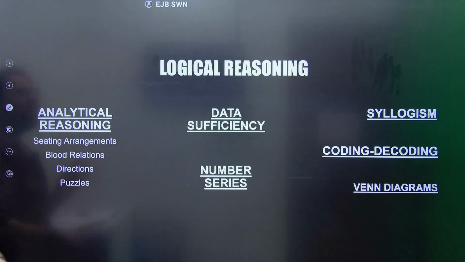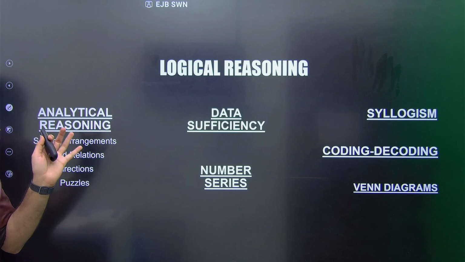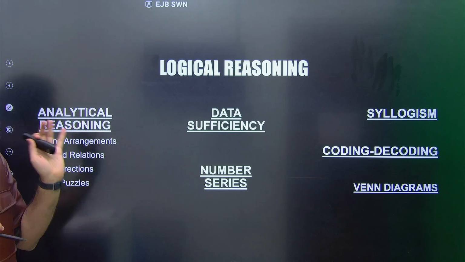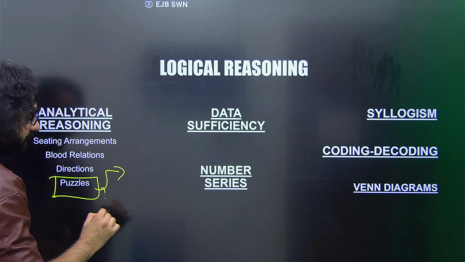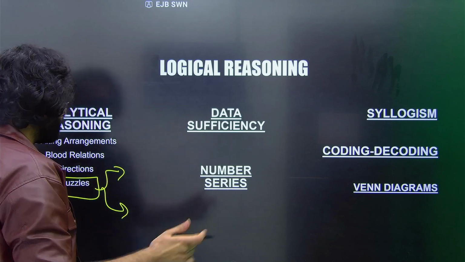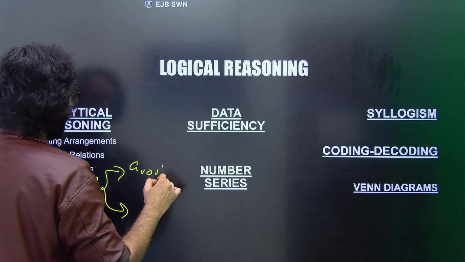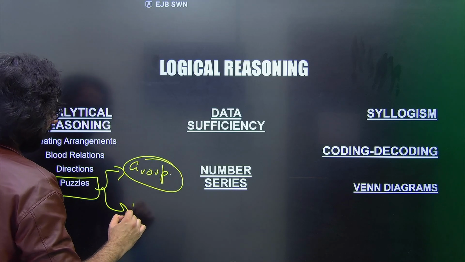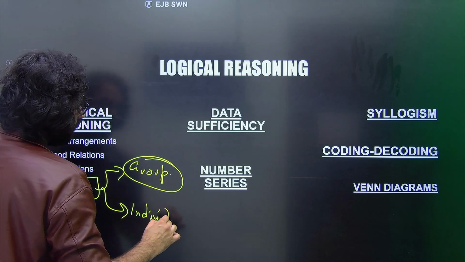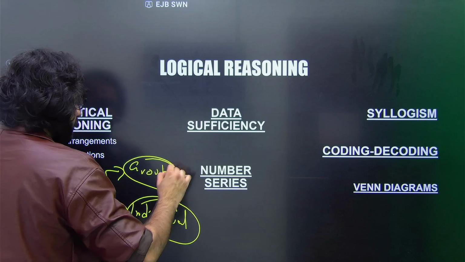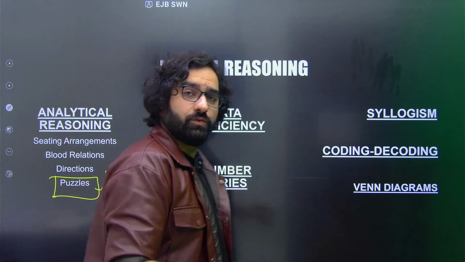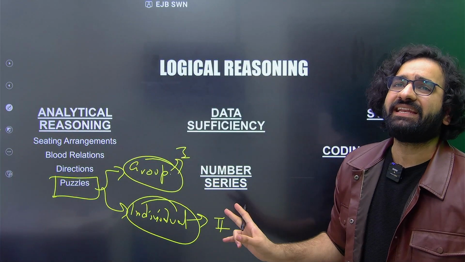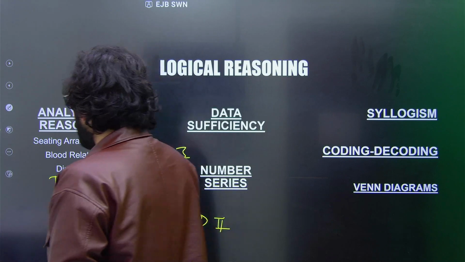Now, coming on to logical reasoning. When it comes to logical reasoning, the first thing that we're going to discuss is puzzles. Now, I'm going to categorize puzzles into two different segments. The first one belongs in a group where you have an entire group of questions. The other one refers to individual questions. The group questions fall in the first category, whereas the independent and the individual questions fall in the second category, as you can see from over here.